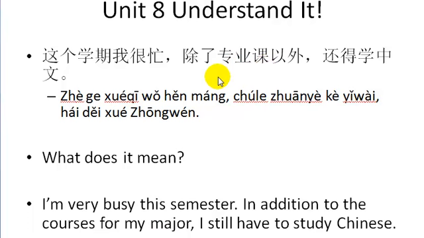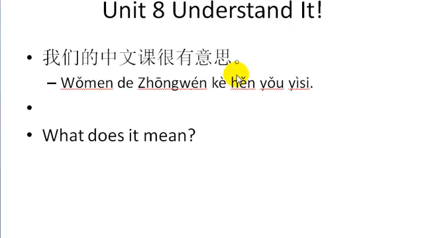So in addition to the courses for my major, 还得学中文, I still have to study Chinese. 还 is still, and 得 means have to do something. 这个学期我很忙,除了专业课以外,还得学中文。